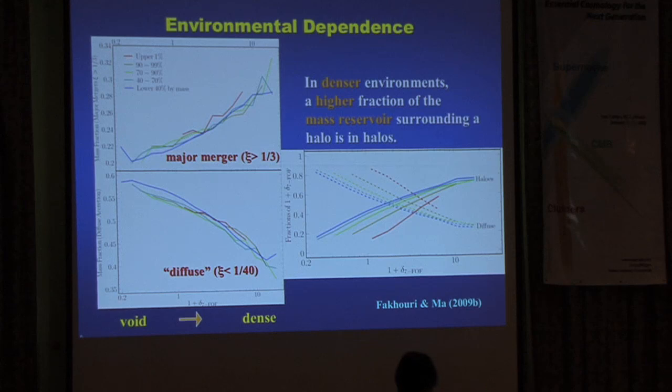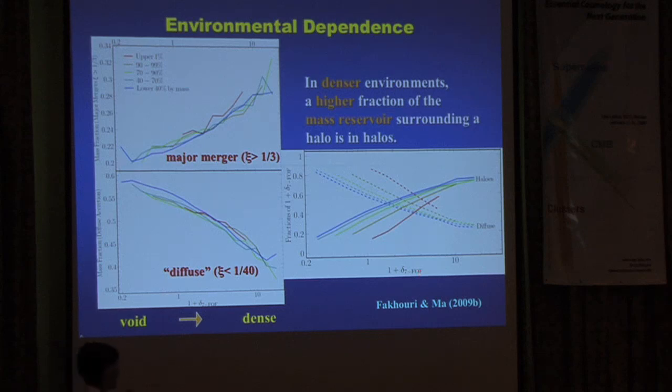That is to say, before I show the formation redshift dependence, I just want to show one more thing, which I forgot. Instead of the final halo's mass and where it's coming from, you can ask: what about the reservoir outside of a halo? Does that have any environmental dependence? Because it's the reservoir of stuff outside of the halo that's feeding the growth of halos.